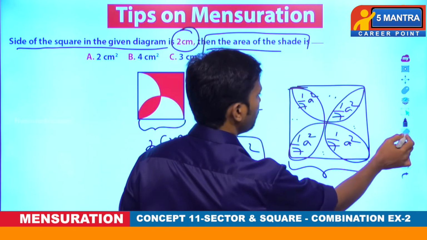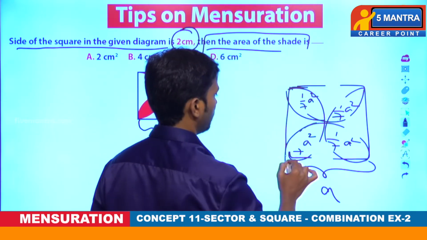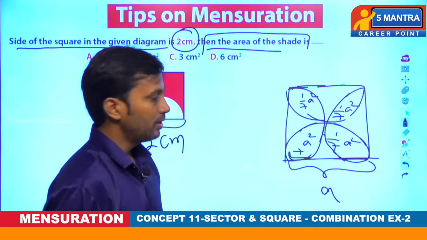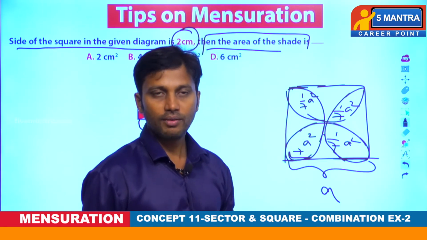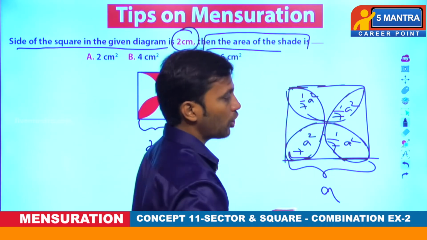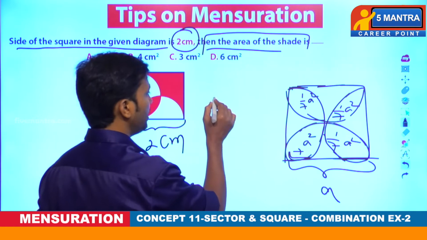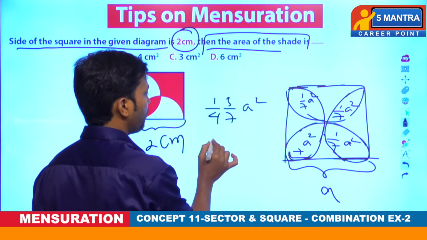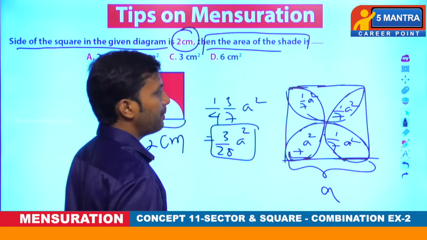Okay, once again just telling you for your clarity, just see here. Here this total flower is 4 by 7 a square, where each petal is carrying 1 by 7 a square of the area, and then the four gaps are occupying 3 by 7 a square. Now each part would be 1/4 of 3 by 7 a square, that means 1 by 4 of 3 by 7 a square, that means 7 4s are 28. 3 by 28 times a square is occupied by each of the gaps.